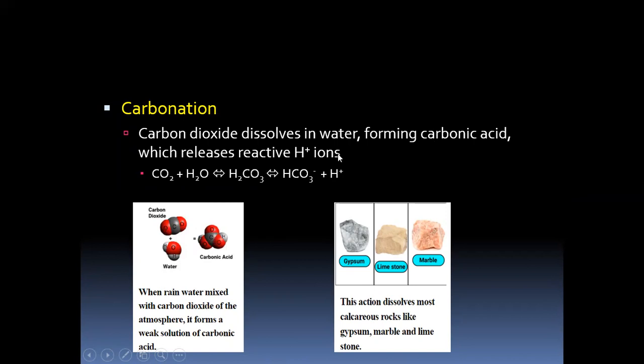Now imagine that you have an acid and you put this acid on something. The acid helps to increase the dissolution of the mineral or salts. So for example, if you have gypsum or limestone or marble, when the carbonic acid reacts with it,